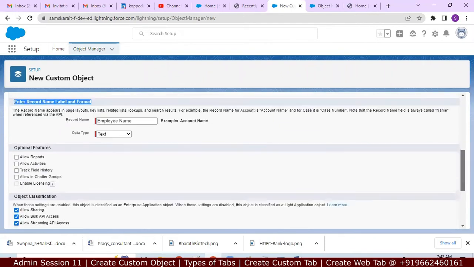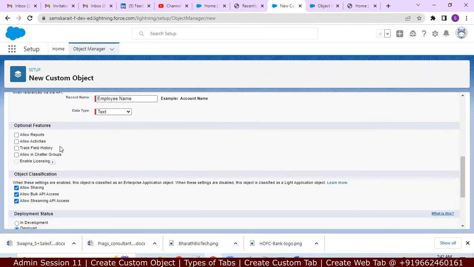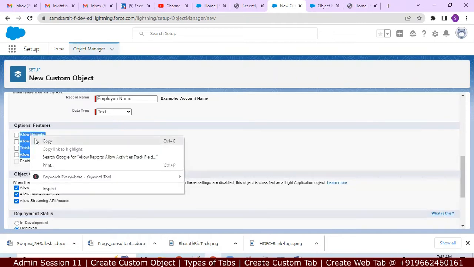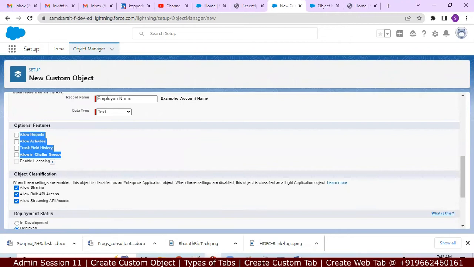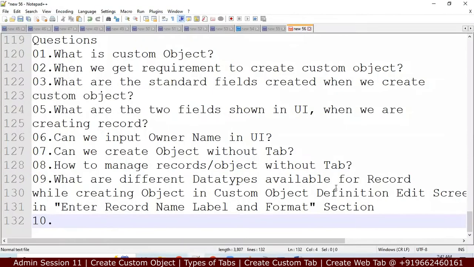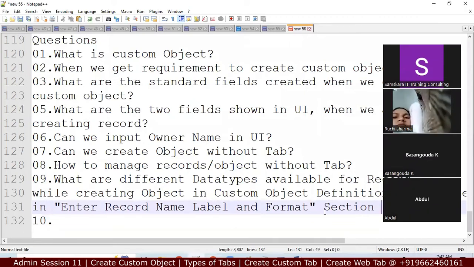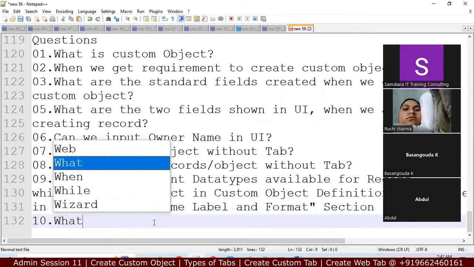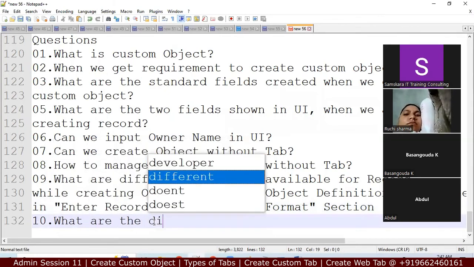So optional features are there. What are the different